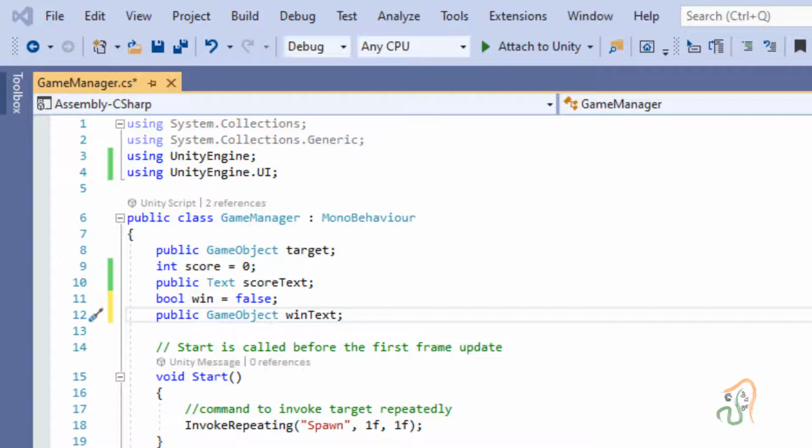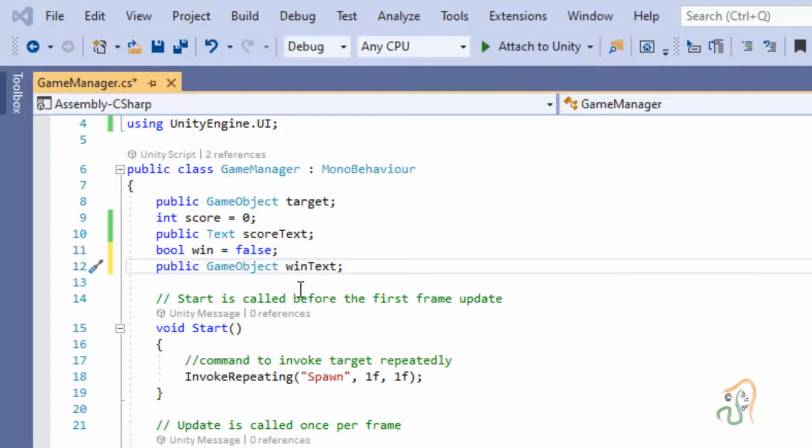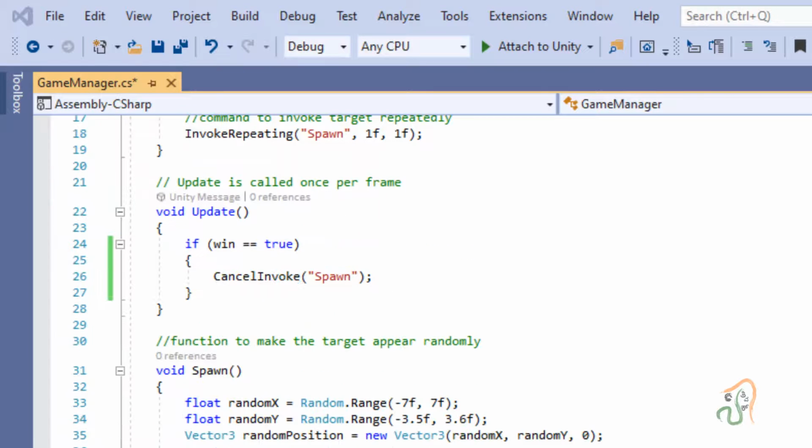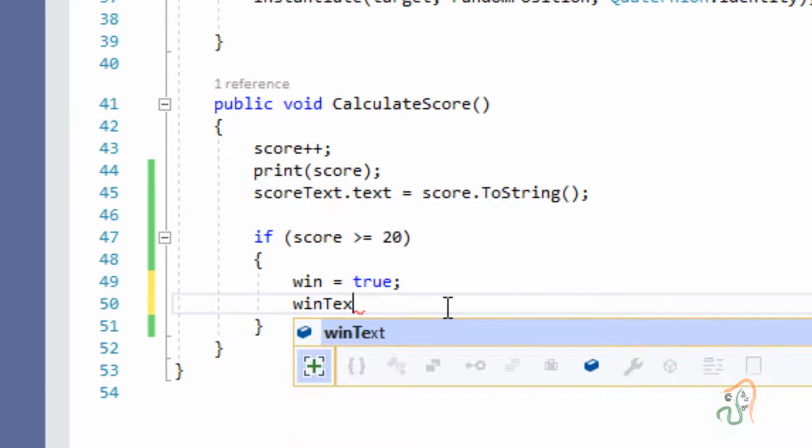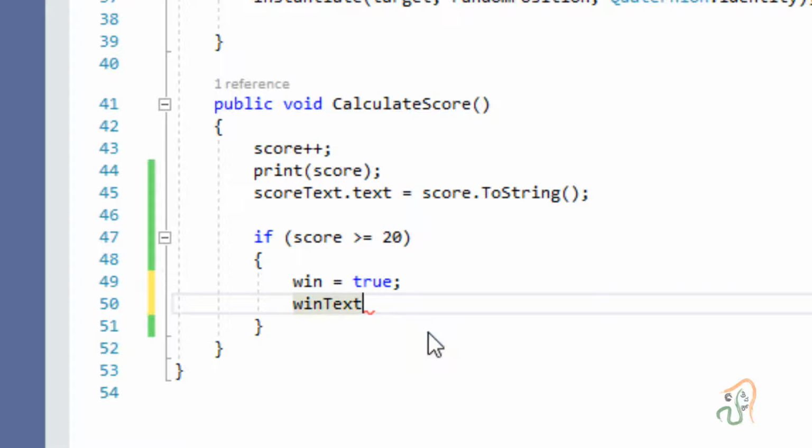Now after we have added this winText GameObject, come to CalculateScore. In CalculateScore, when the condition score is greater than or equal to 20, we have set win equal to true. In the next line after this, execute one more command where we call this variable winText.